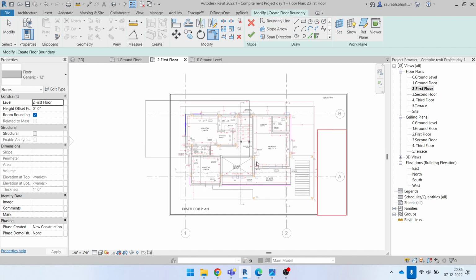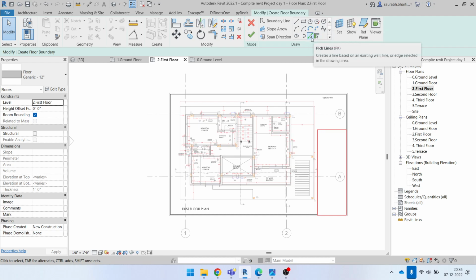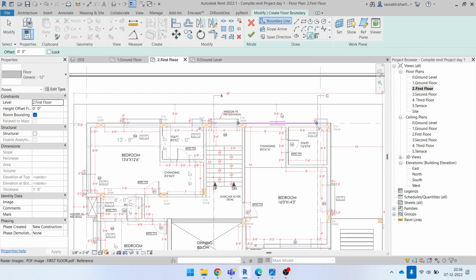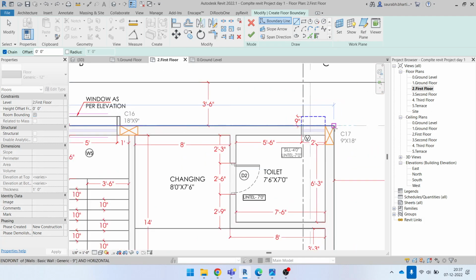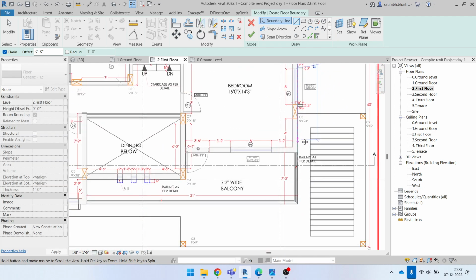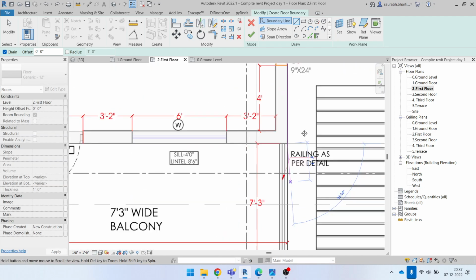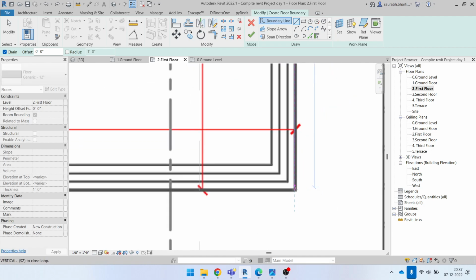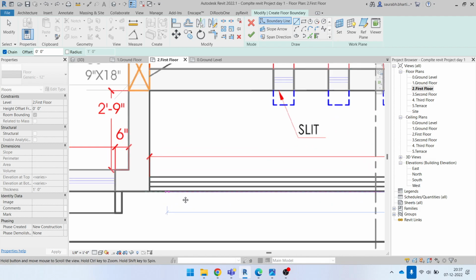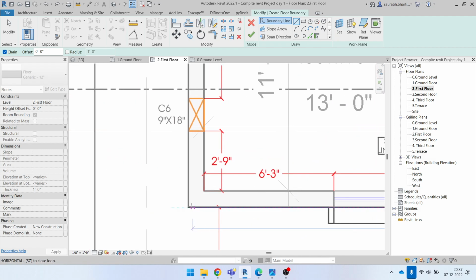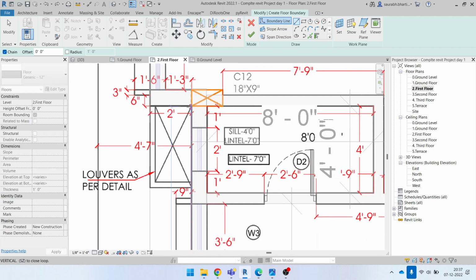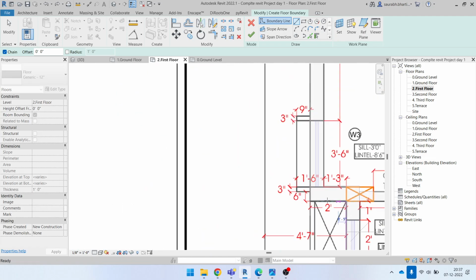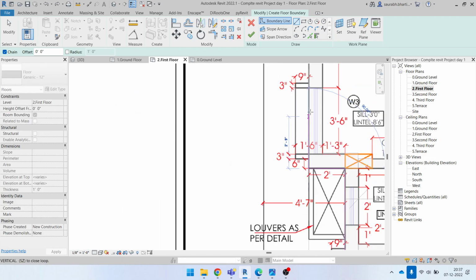Okay, now I will just try to trim it. Otherwise, what you can do is, let me just delete it and do it an easier way. If you have any problem using the pick lines, you can just select the outer line and then trim it. Otherwise you can just use the lines that are provided on the top. So I'm just using the line right now. Now you can see I can just draw the outer lines here where I want my floor, like this. Okay, and this is coming up till here, and this is going on this side, and this is going up till this side,